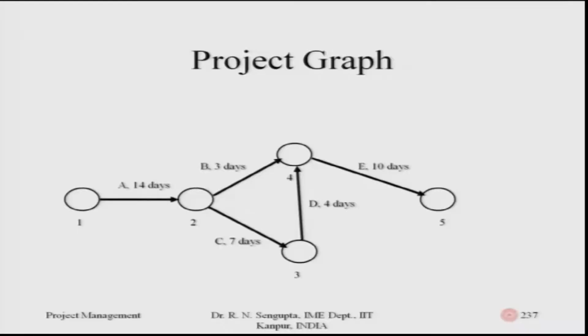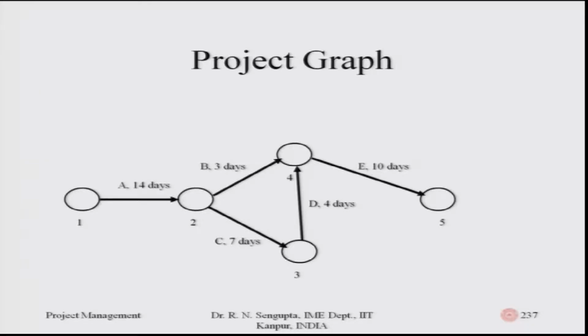So, consider this diagram. This is based on the fact that A has 14 days, B has 3 days, C has 7 days, D has 4 days, E has 10 days. So, generally it means that after A ends, you basically can start B and C and the corresponding number of days is given. After C is done, then some D work, whatever the activities have to be finished, that it ends in a certain time,